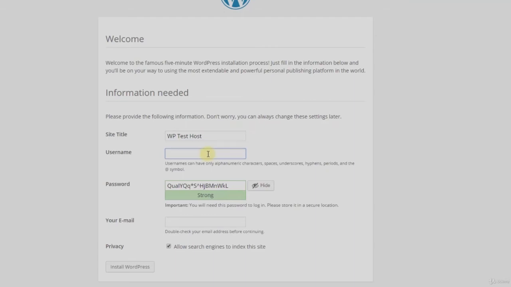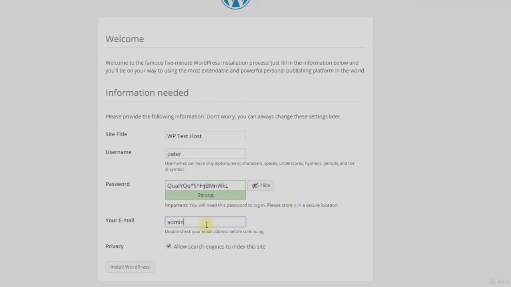Username. Now this username is for an administrator account, so I don't recommend that you actually create one called admin or administrator. Choose something that's fairly generic, and in my case I'll just choose Peter. I'll take that password they suggest, nice strong alphanumeric. I'll just put that in my working file here,